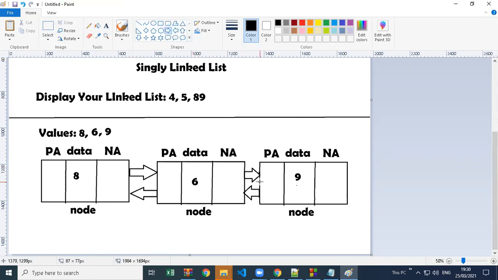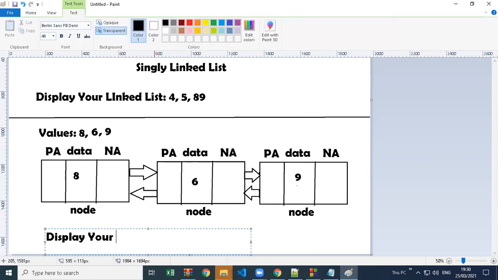So actually, because of adding this one more address in each node, not only the next memory address but also the previous memory address, what will happen? If I try to display this linked list, you have two ways. If you start from here, it will print its data, node dot data is 8, and then go to the next node. How will it go to the next node? Because it has the address of the next node.